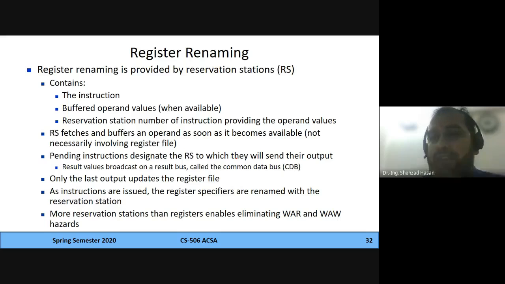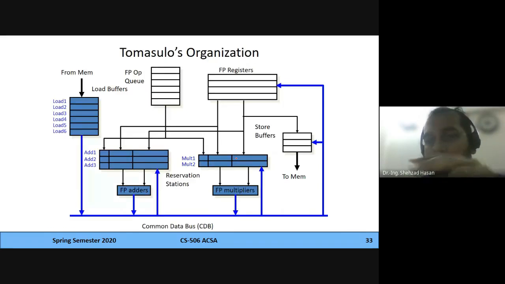So many of those things are going to be clear when we come to an example. So this is an example, a typical example that we are going to go through. So this is something a little changed over here. Now I'm going to first of all come to this floating point operation queue. This is our main, you can say,